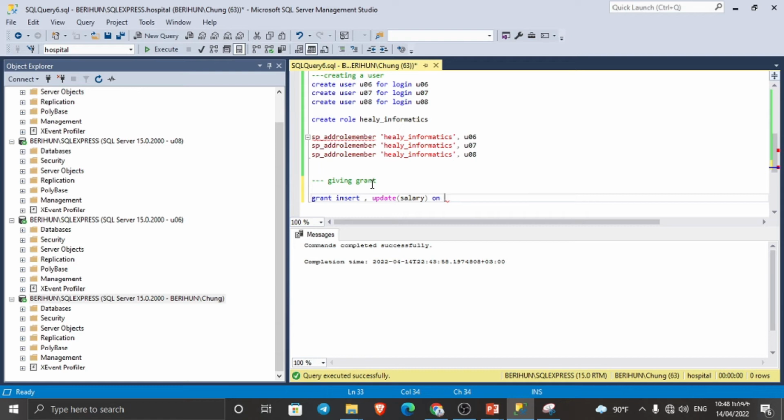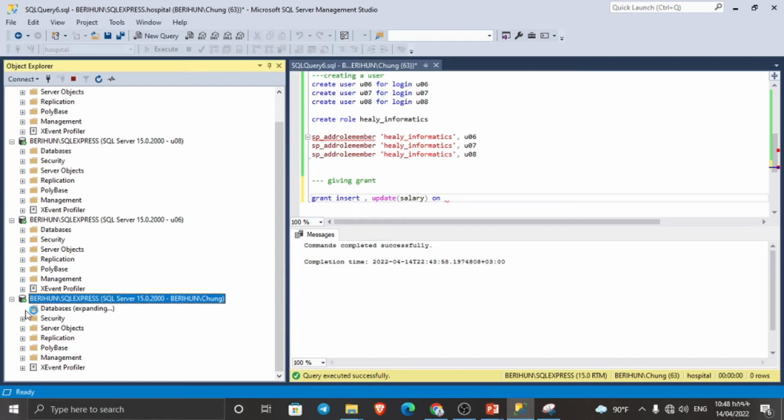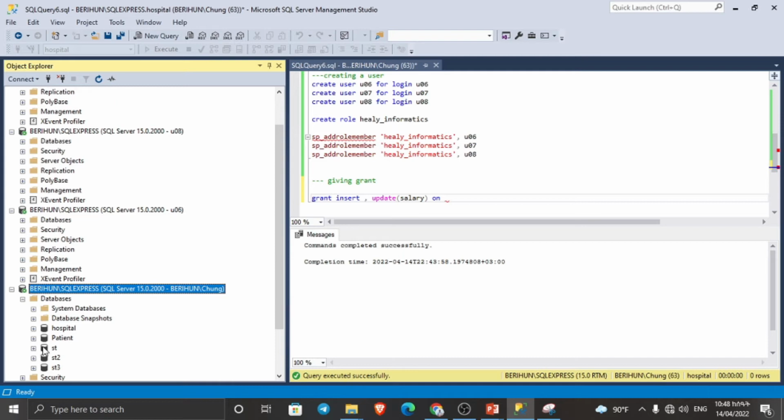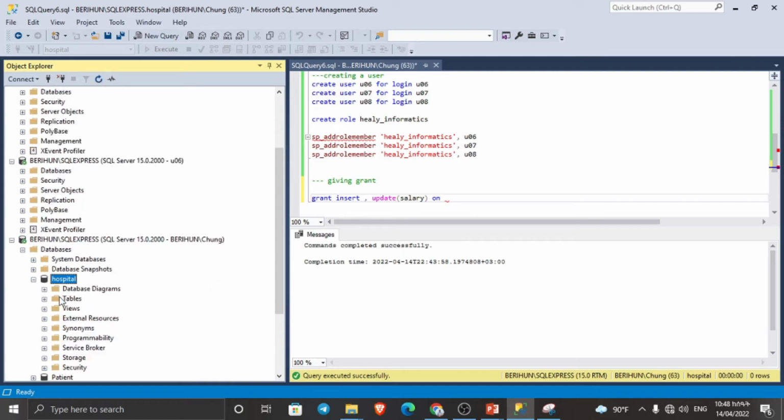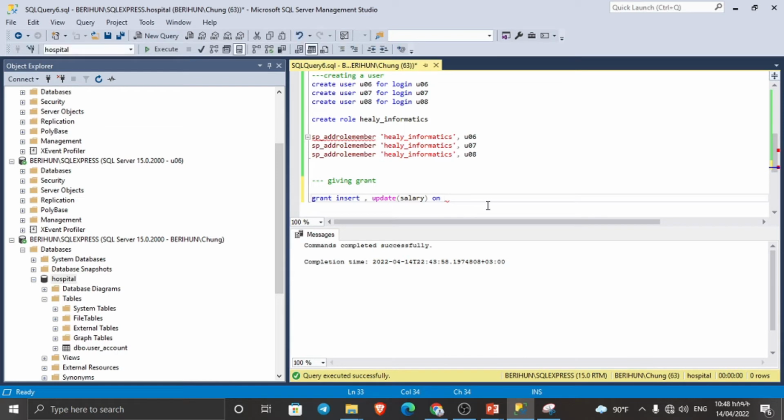Under hospital we have created the database called hospital, and inside the hospital database the table name is user account. So on user account,